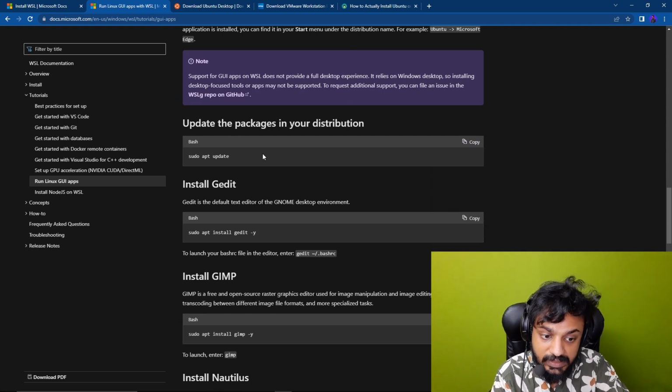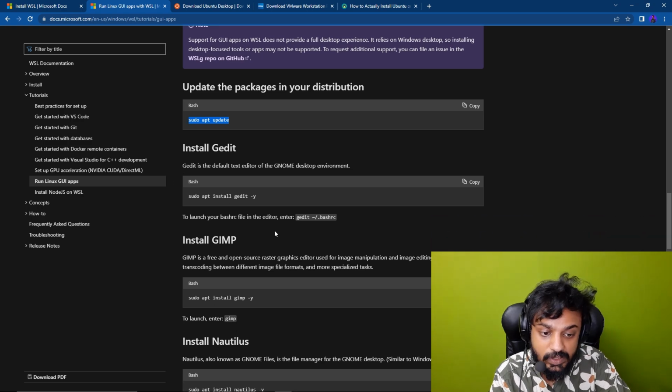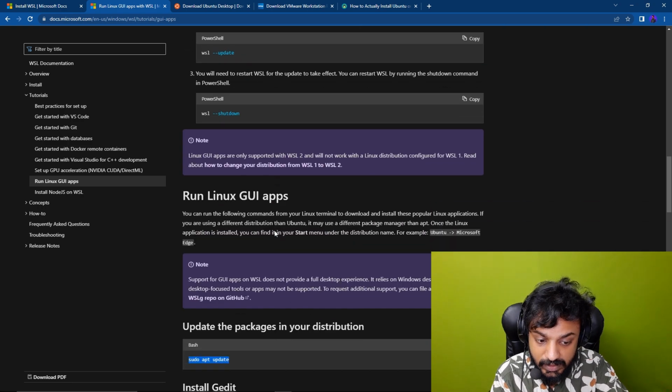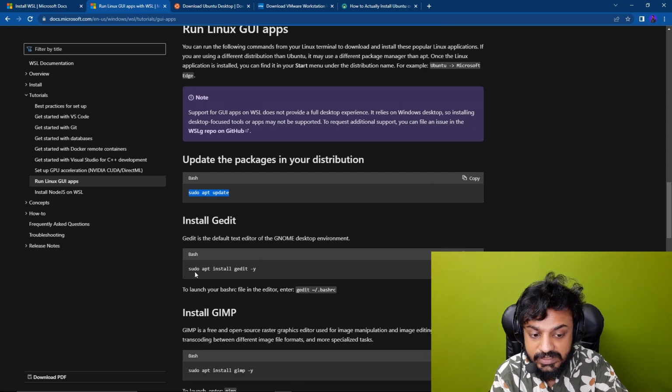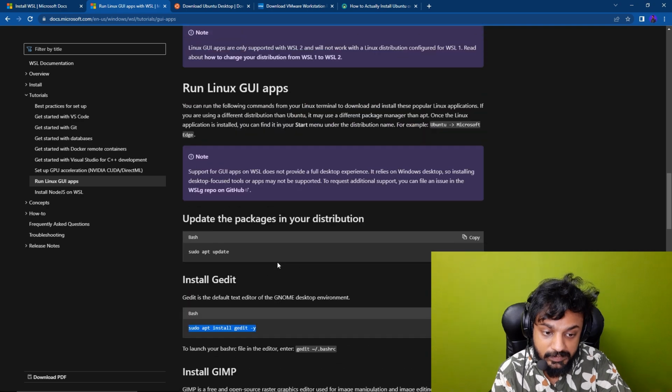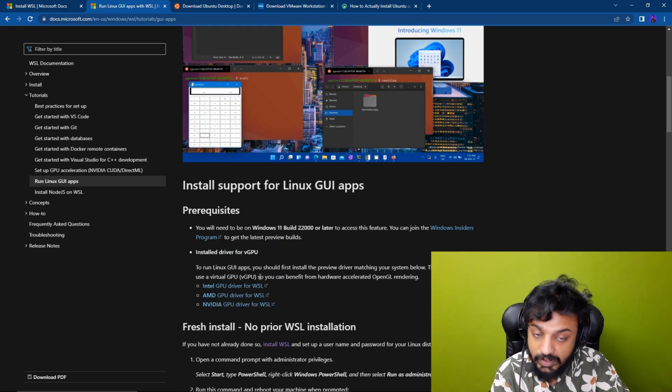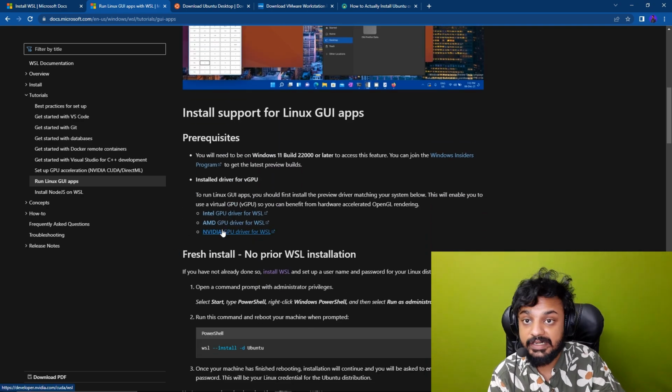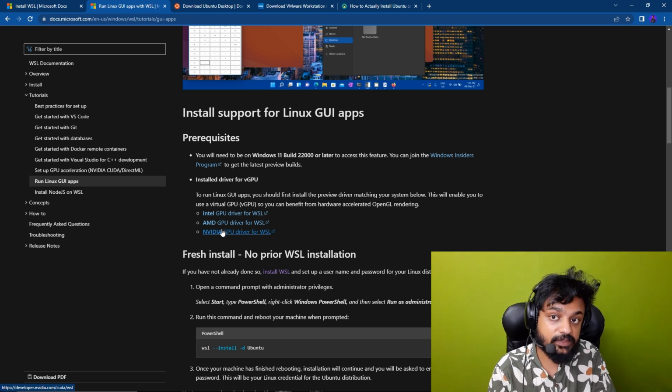So you can then get started. In order to run all these commands, you just have to install it, and then run it like you would do normally. And before doing that, you just have to install the driver of the GPU for that particular